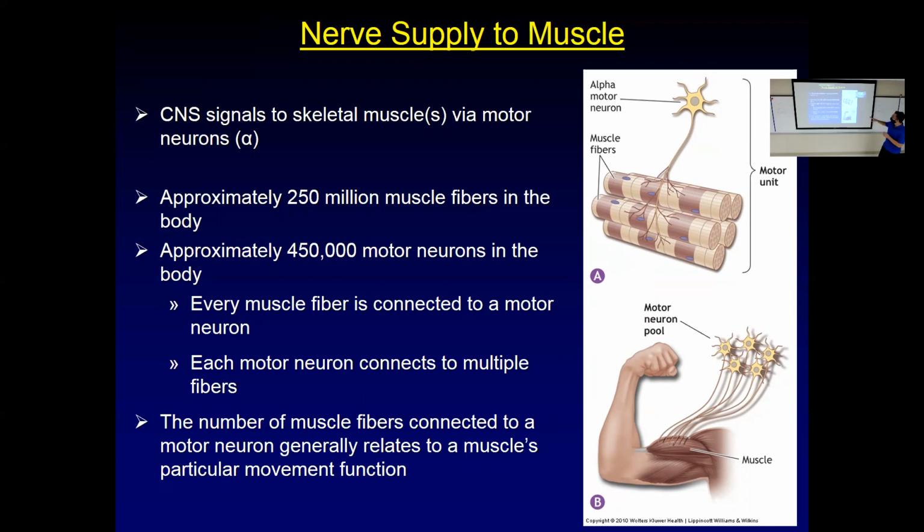The motor units and the number of motor neurons that go to the muscles in your eyes are going to be somewhat different than the ones that go to your glutes. The ones that go to your hands are going to be different than the ones that go to your quads or your bicep, because those body segments have different jobs and different functions, okay? Things like your fingers, where we need very close, fine motor control, may have more motor neurons that are very, very small. So we can very precisely control how much movement we're getting and how much force we're getting. Whereas things like